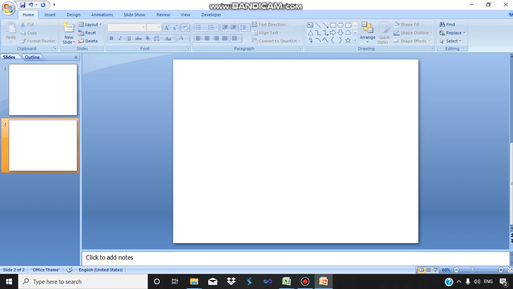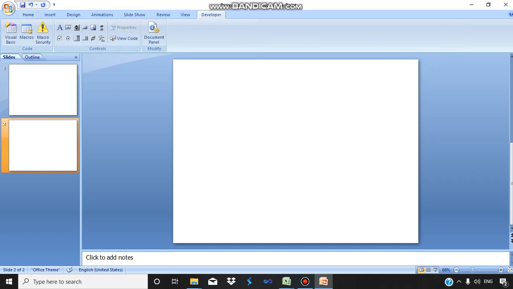This is one slide. Come to the Developer menu, and here you can see Visual Basic, Macros, Macro Security, and a list of controls like the label control, text box control, spin button, command button.